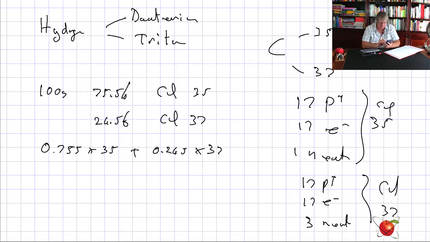0.755 times 35 is equal to 26.42, plus 0.245 times 37 is equal to 9.06, and 26.42 plus 9.06 equals 35.48, so 35.5. So the relative atomic mass is the mass of, if you took a sample of chlorine, a sample of